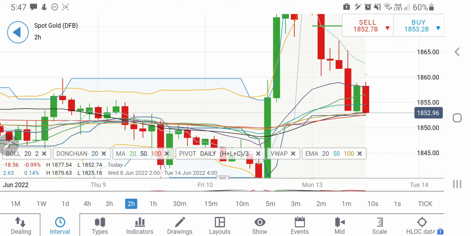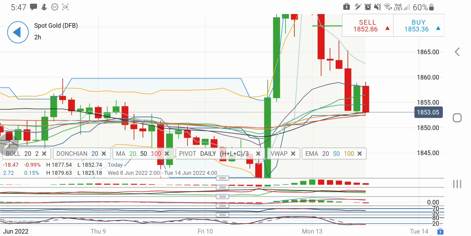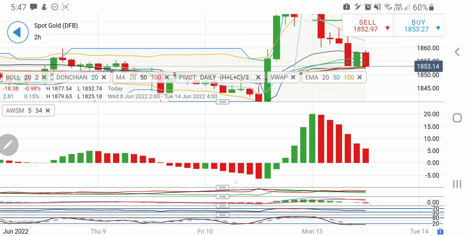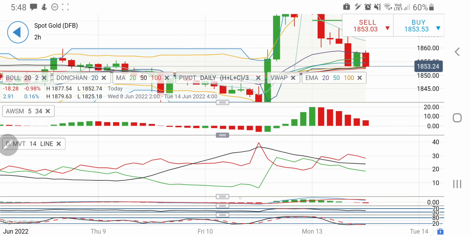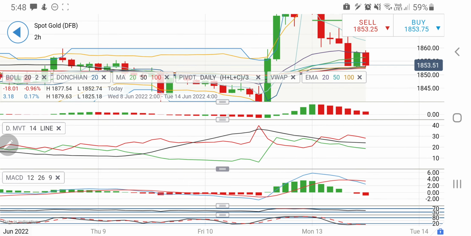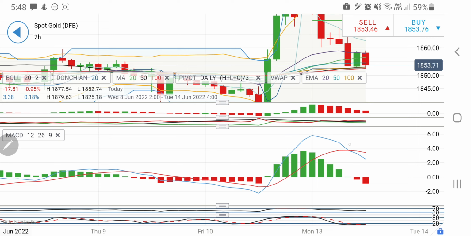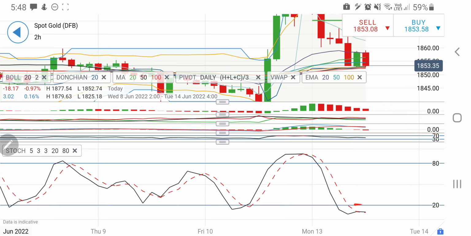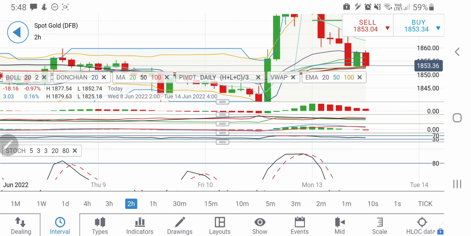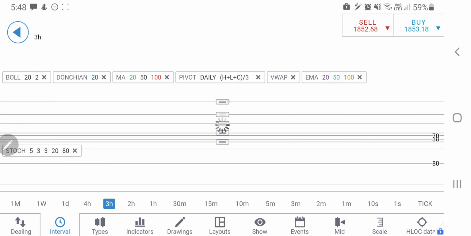So there is a possibility. And on the upside, if it trades beyond 1860, I'll recommend you go long there for 1865 and plus levels. The awesome oscillator is still trading on the positive side. However, it is trying to converge and drop more towards the negative domain. The directional movement is bearish. The MACD has just crossed over; it is white divergent and still very bearish here. Look at the RSI looking downwards. The stochastic is oversold here, and there is a possibility that it can try to reverse a bit.